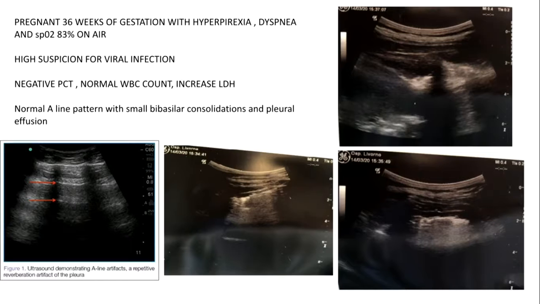But when we performed lung ultrasound in isolation, we saw a normal A-line pattern in all the lung, and only a small bibasilar consolidation with pleural effusion. We were not in a safe situation, but we can see how in this lung ultrasound, without performing a CT